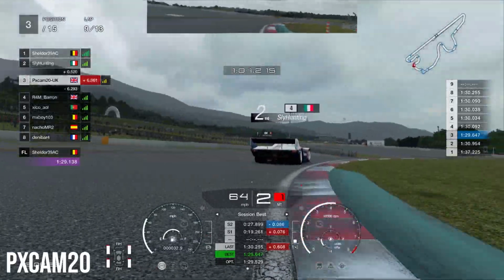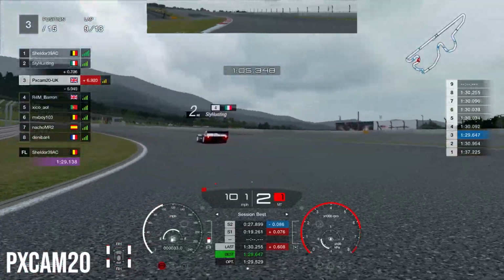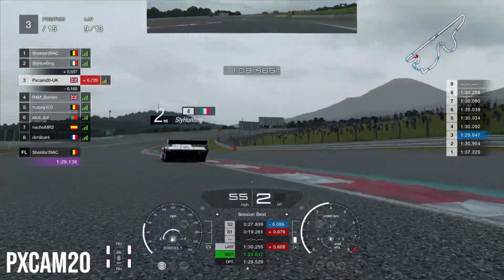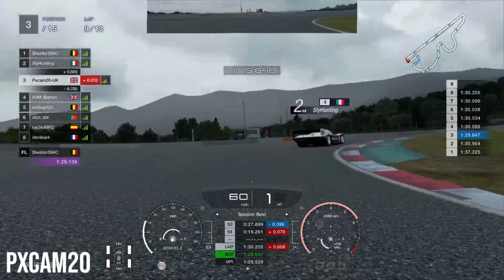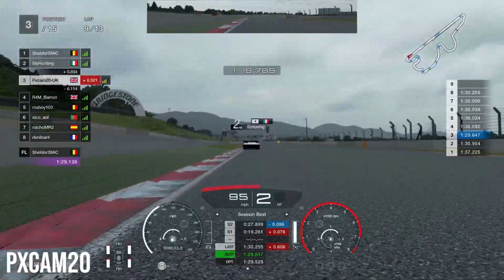We're actually putting a little bit more pressure on him here as we're heading into the final 2 corners, and you can see here that he's just pulling away ever so slightly, but we're staying there as he gets a little bit loose coming out of that left-hander, and we're able to hold him off, stay right behind him, get into the right-hander, and stay in the slipstream,